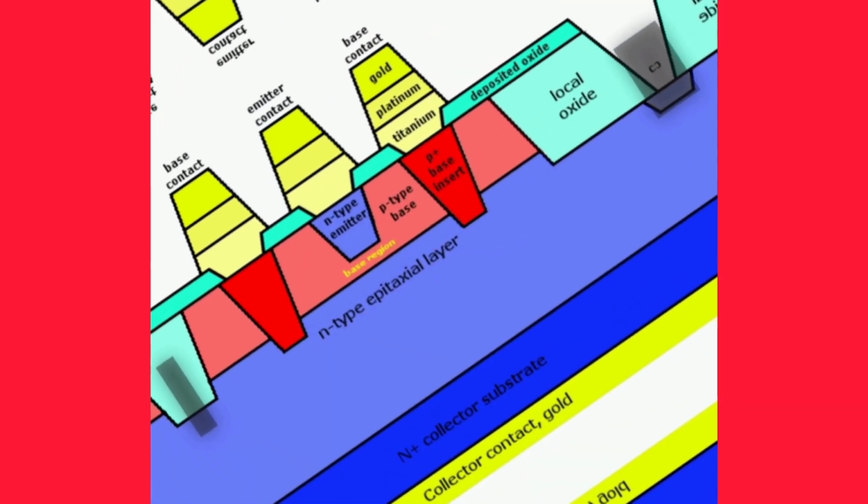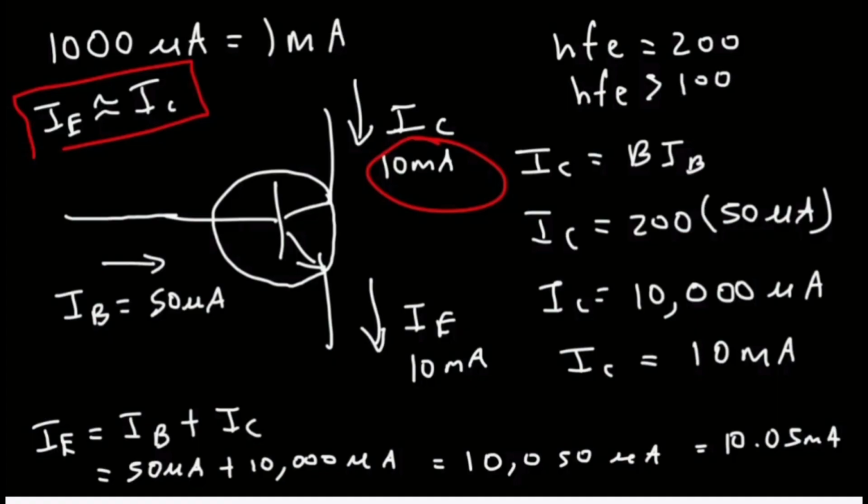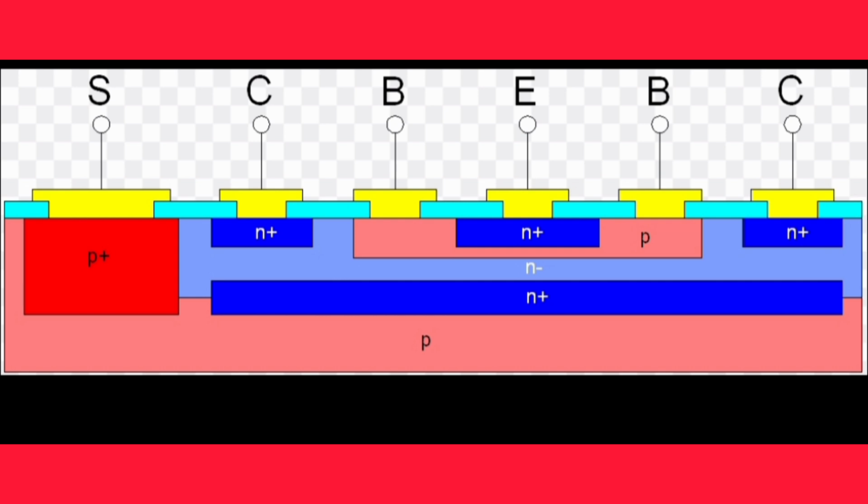Advantages of BJTs include high current gain, good linearity in analog circuits, and simple and well understood theory. However, BJTs also have some disadvantages: higher power consumption compared to MOSFETs, sensitivity to temperature changes, and the requirement of continuous base current. In industrial and practical applications, BJTs are used in audio amplifiers, signal processing circuits, voltage regulators, power supplies, and